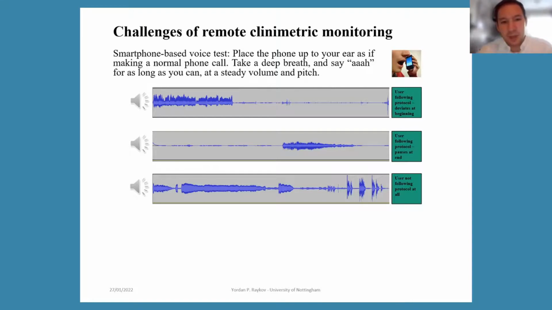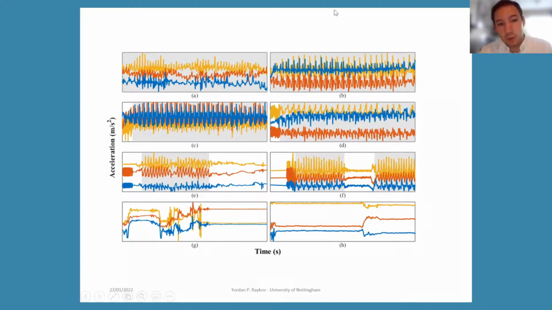But now, to make the challenge even worse, here you could see at the top, these are the perfect walking tests, they should look like that. So this is highly periodic time series data, where most of the information about people's walking, I'll talk about this more in detail, is in the spectrum of the time series. But a lot of the time at least, you get people to walk for a little bit,